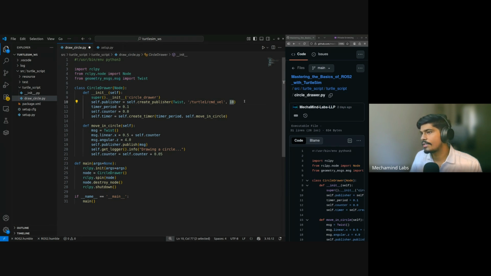And this is, again, some buffer we are giving. This is the QoS profile, which, as a beginner, is not important. So here we have created a publisher, and this publisher will publish to this topic with this message type. For now, we will leave this and I'll make a few changes in the code, but